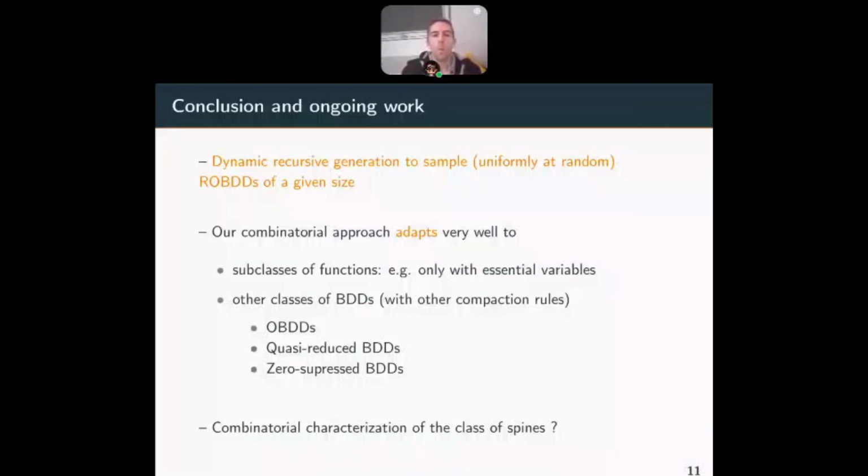So when I am running my algorithm and I obtain such a spine with 0 ROBDDs, I reject it, but I have done some computation in order to see that these spines are not interesting. So an improvement of the approach would be to be able to characterize the valid spines that encode some ROBDDs.